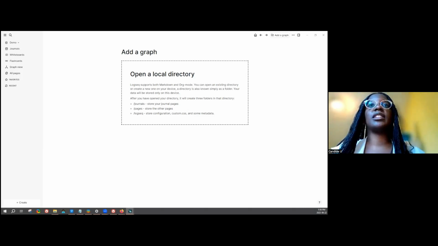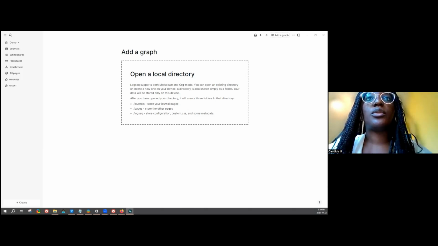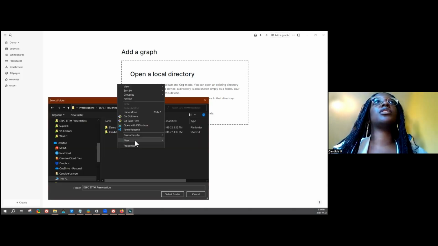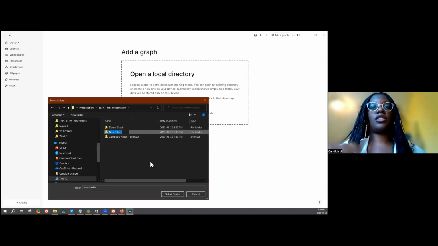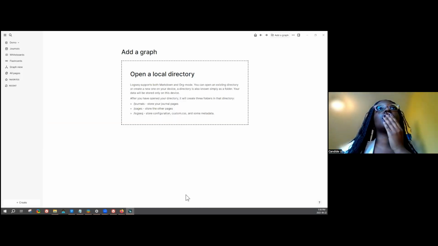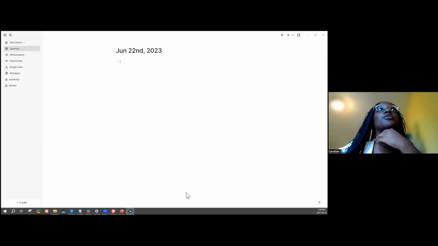Each graph is essentially a folder on your computer, so I'll create a new folder and call it test demo.